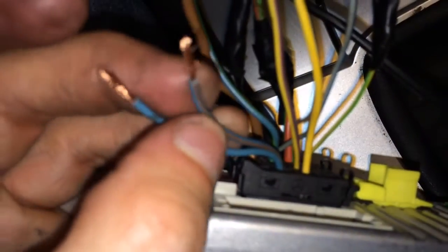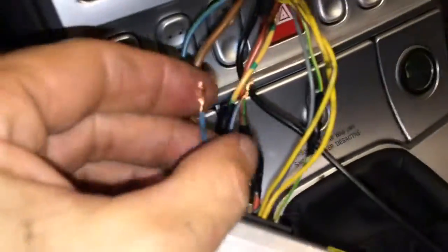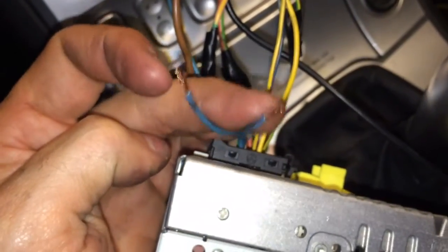Because I found out these two blue ones run the, well, I better fade it, now we'll fade it all the way to the left, because these are the left ones. And I think there's only two channels, left and right, and everything else is hooked to that. So if I can do this with one hand, it's hard to do. So that gives you your left. So I know the blue ones on this deck are the left channel,